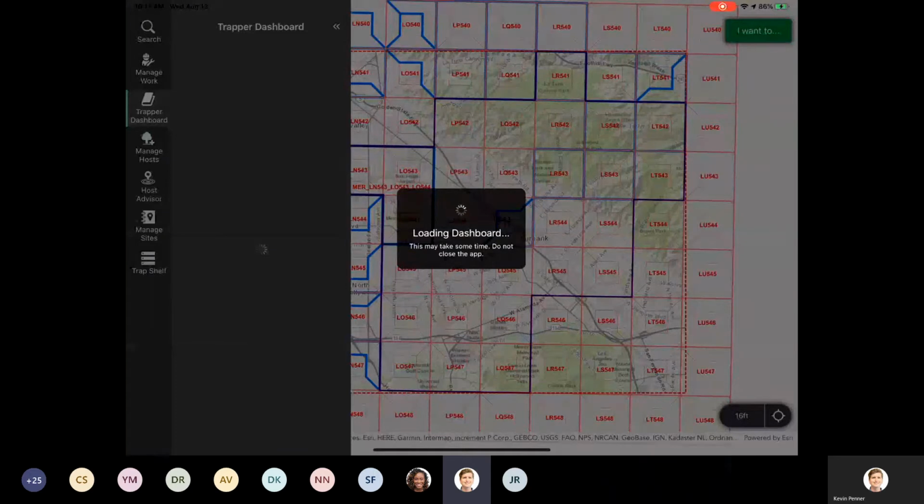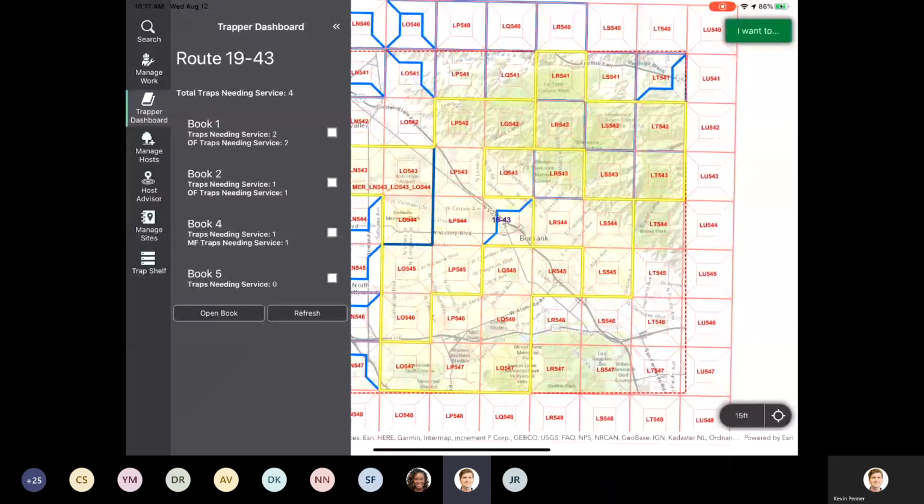And if that's something that the trapper does immediately during their day, they won't have to, it won't slow them down. They can just perform all the calculations at the outset of the day. So here, my Trapper Dashboard has loaded,